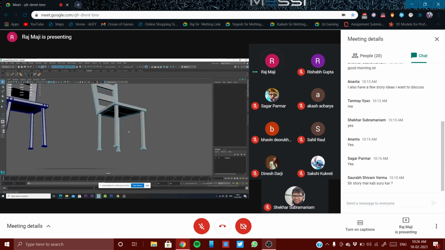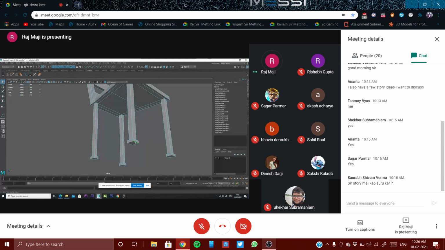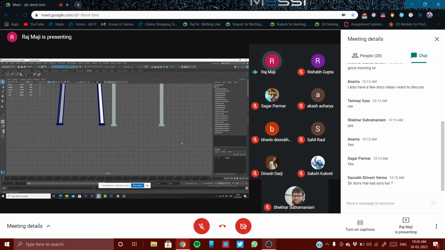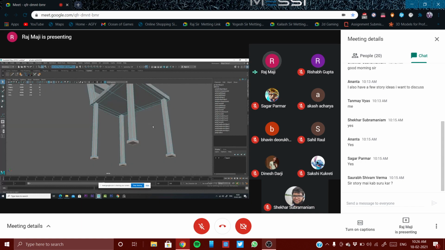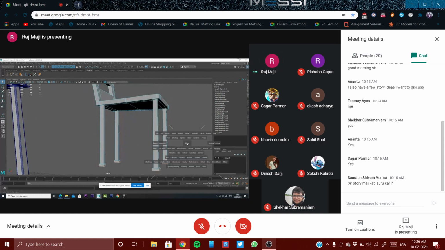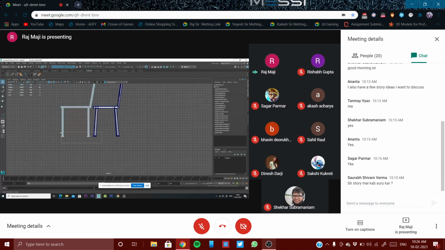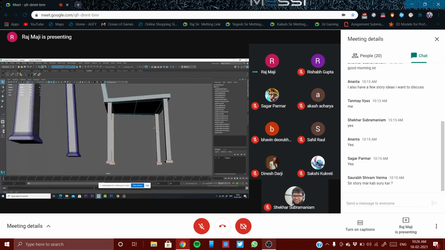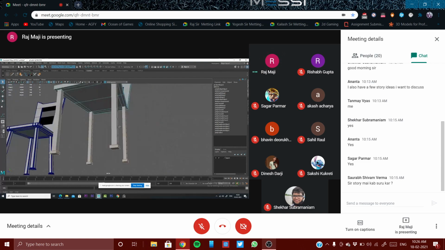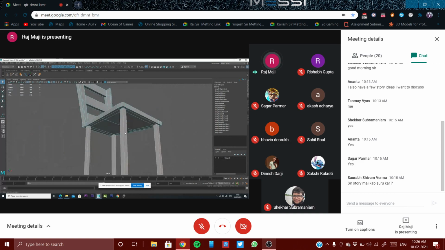So let's come to one by one areas. First of all, let's select everything. In fact, for the leg, we can select everything. Yes, for the leg, all the edges should be beveled.